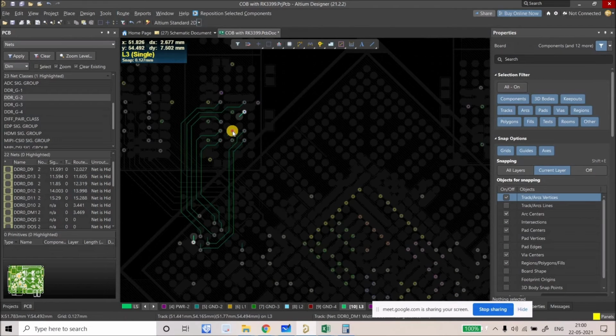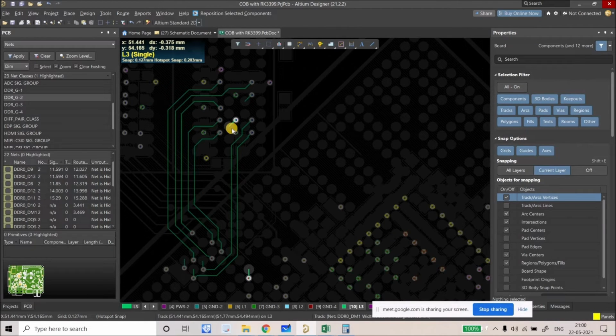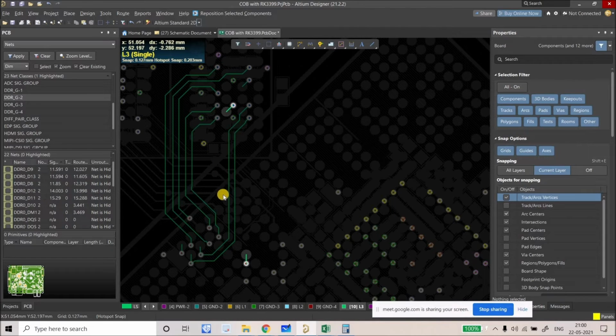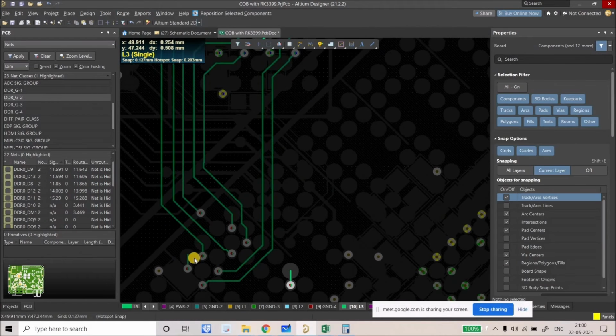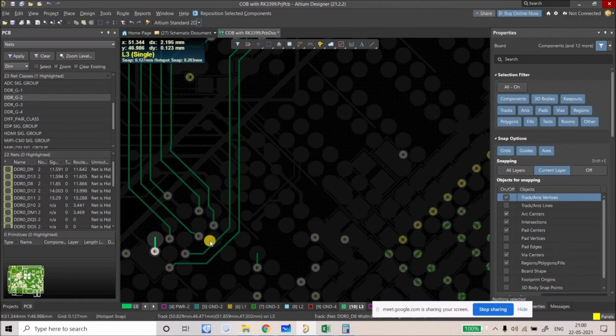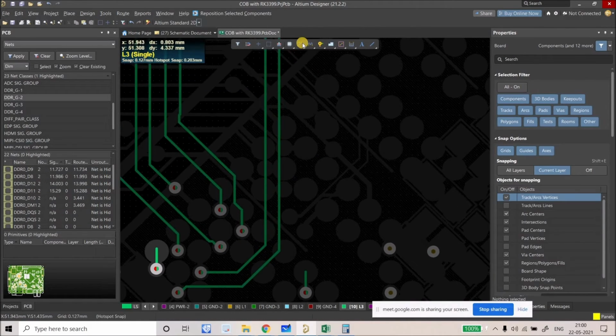All right, so here you have to figure out, if I route it like this, you're getting it? If I route it like this, okay, and then it will block this connection. Similarly, if we route it from here, it will block the connection. So the right way to place that connection is from this direction. You're getting it? Only then it will be properly connected without blocking any other connection. Okay, so I got my point. So for that you have to just stretch it a little bit,